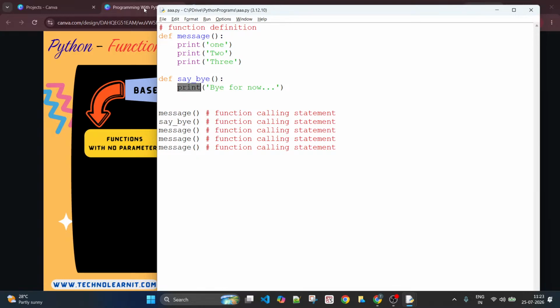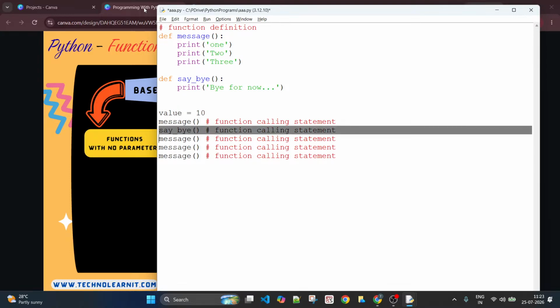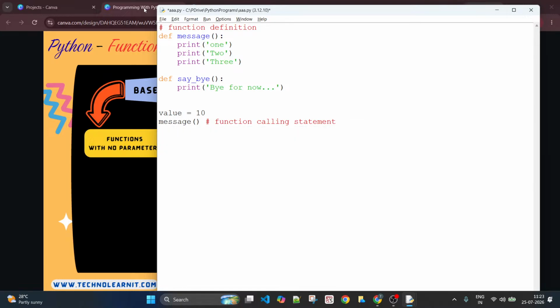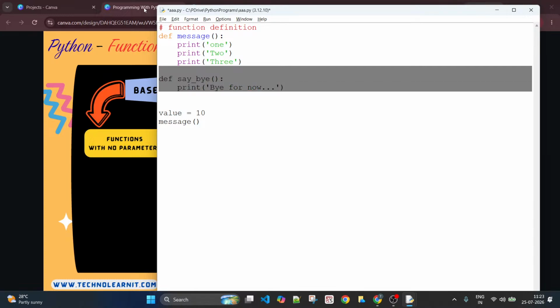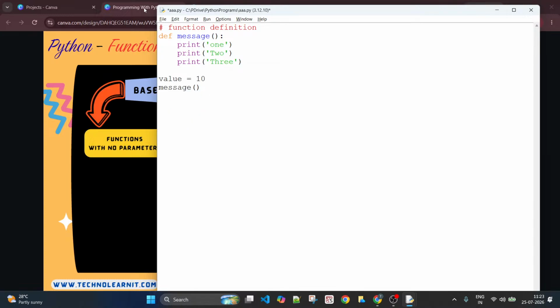So I have a variable with the value 10, first thing, and I also have another function by the name message. I want to make a call to that function message. So what I need to do, let me just get rid of this. What is it that I want to print? I want to print the value of the variable.